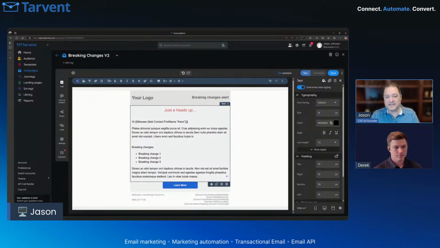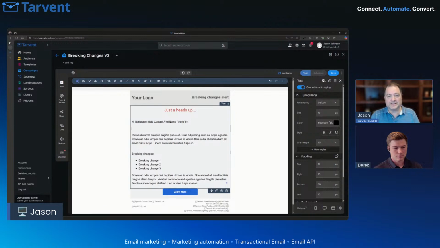So it has the syntax. You could type the syntax out if you want. There's nothing behind the scenes. It is what it is. So you see it there. This just does title case, and it's going to insert the field first name with the default value of there. So that's kind of what that is.